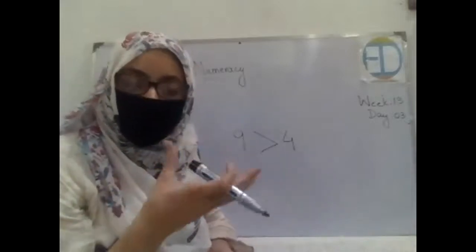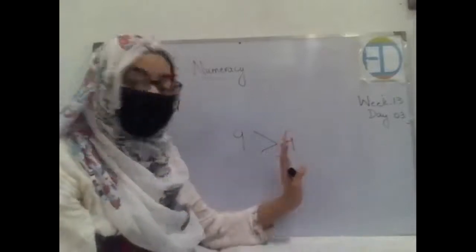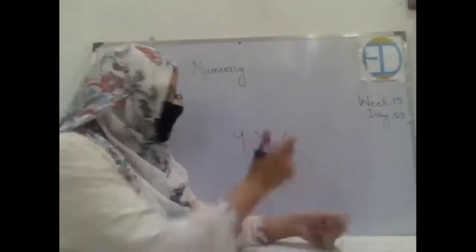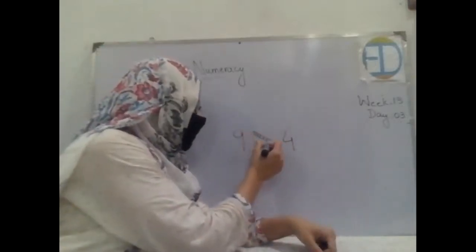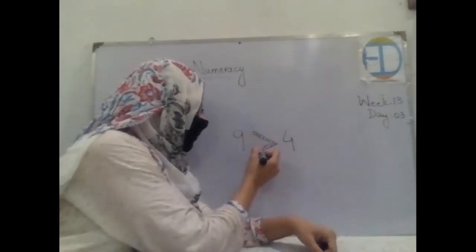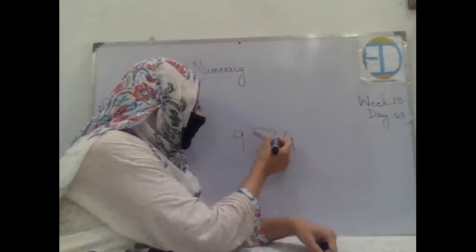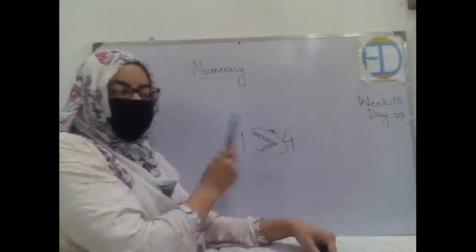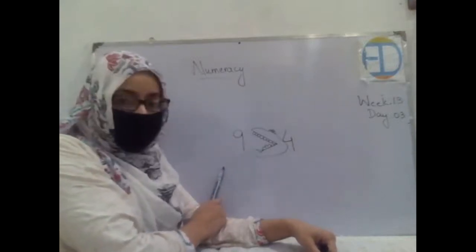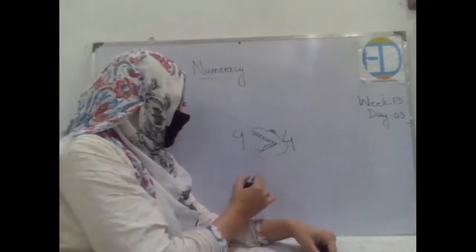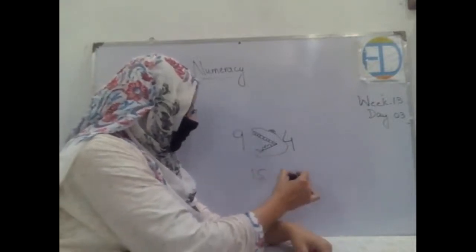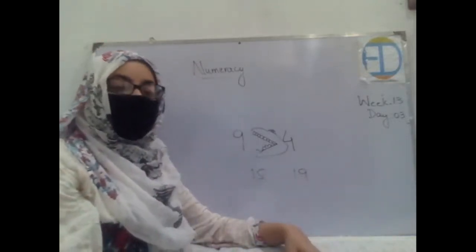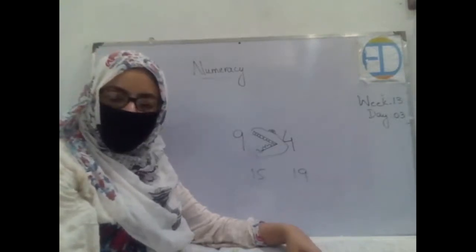So the very best practice or the tip to remember how we will be using this sign is that the open part of the crocodile mouth would be toward the greater number. Consider this as the crocodile mouth. And the open part of the crocodile mouth would be toward the higher number. Okay. Now let's say if I write some more numbers, how will I use this sign? I want to know which one is smallest. So how will I be using the sign?